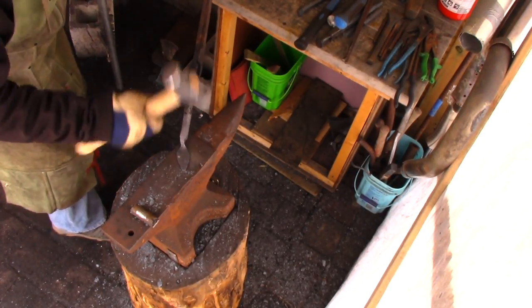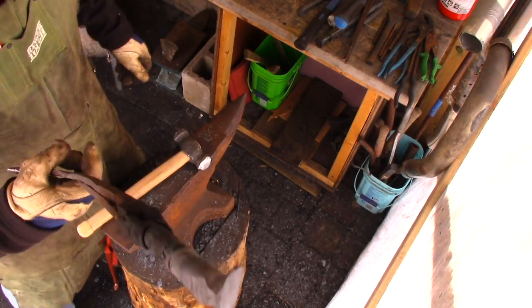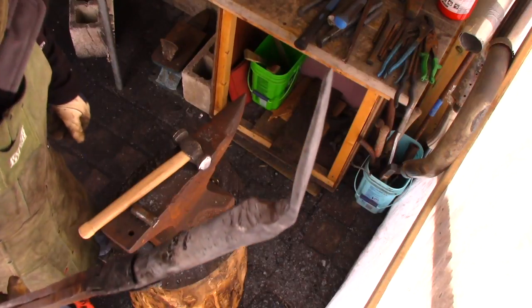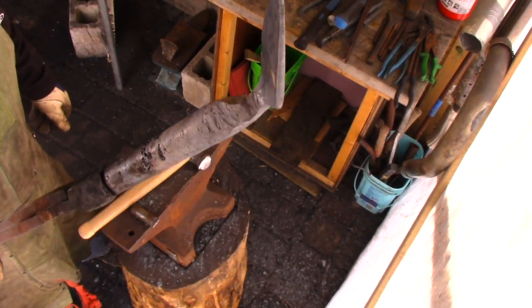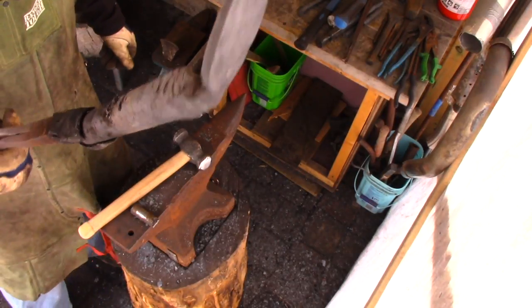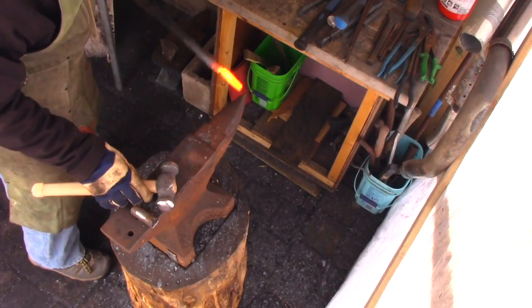It looks a little bit small. It's because, well, it is a little small at this moment. Like I said, it's still pretty thick there, so I'll have to flatten that out some more. Back in the fire. Now we still have enough thickness on here that